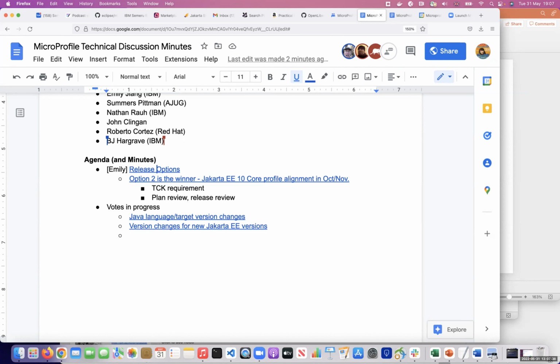However, with the Jakarta EE 10 core profile, we can add the requirement. So basically, it asks the compatible implementation to pass all the MicroProfile component TCKs plus the Jakarta EE 10 core profile TCKs. So are there any comments or any thoughts on this for the TCK requirement?